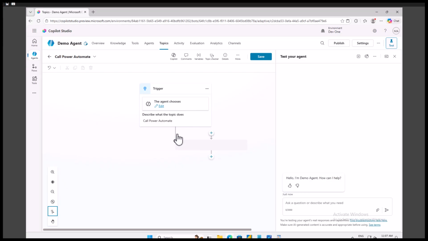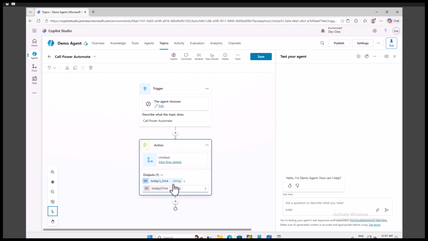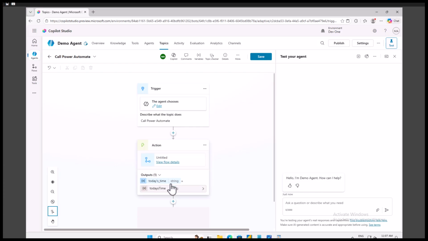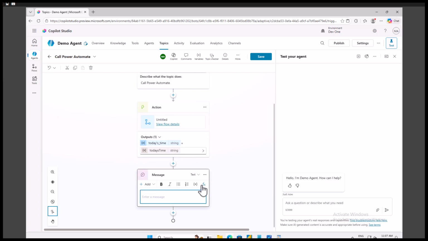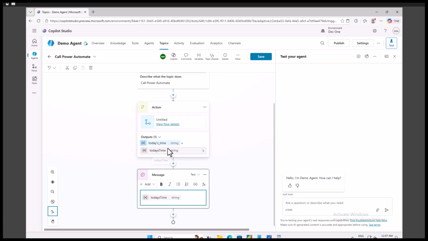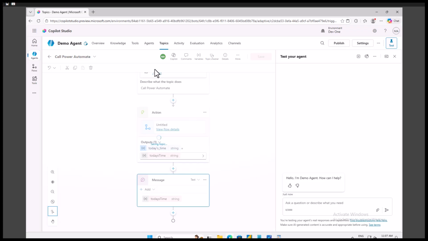Okay, and here I can again click on this node, and see, this is able to call that particular flow. Then let's say if I want to send this message onto this screen, I can use this insert variable, and here it will give me today's time that I have created in my flow. Let me save this and